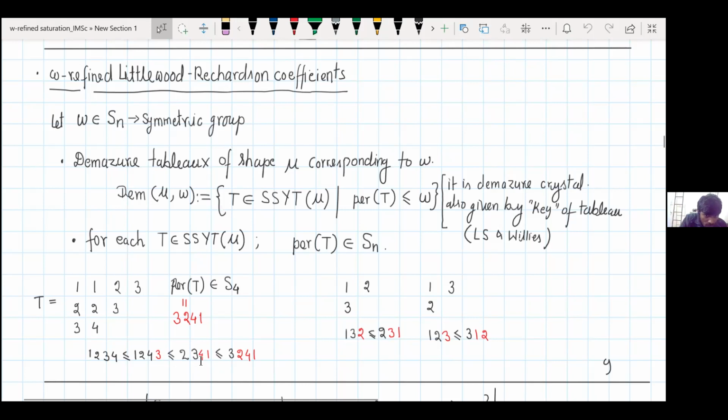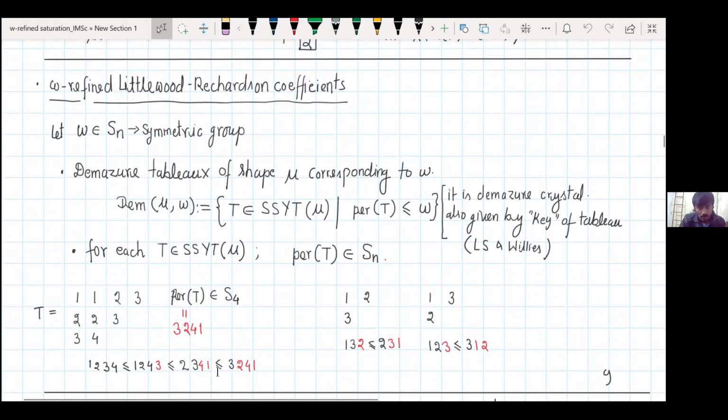So you are saying that 2314 is bigger than 1243. Oh no, not the number of inversions. You mean Bruhat order. Yeah, Bruhat order. It's not a number, it's a permutation in Bruhat order. This permutation should be less than or equal to this permutation in Bruhat order. Is it unique? Yeah, that will be unique. That is proved by Deodhar. I see. It's Deodhar's lemma.